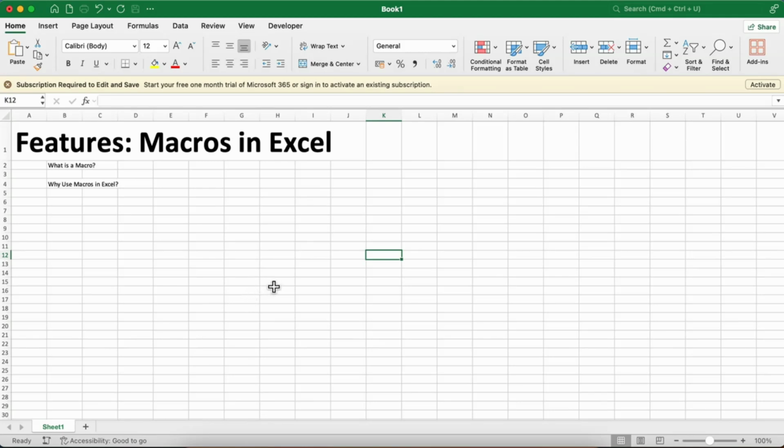It's called a macro. A macro in Excel allows you to record a sequence of actions, such as formatting cells, applying borders, adjusting column widths, or setting specific number formats. Once recorded, Excel can automatically repeat all these steps for you with a single command. This helps you save time and reduce the risk of human error by eliminating the need to redo the same